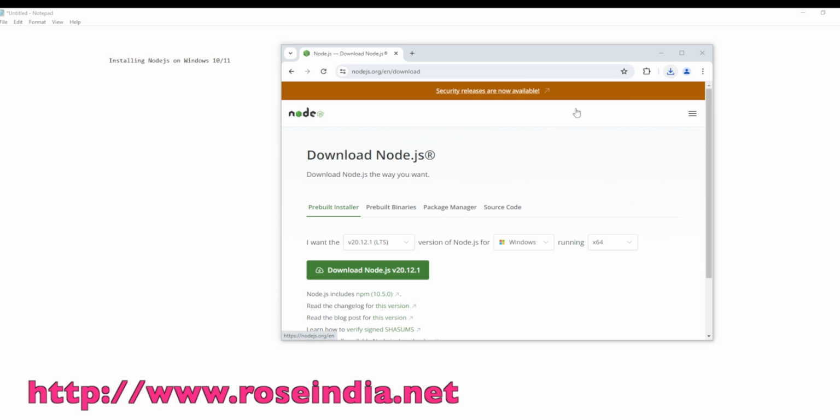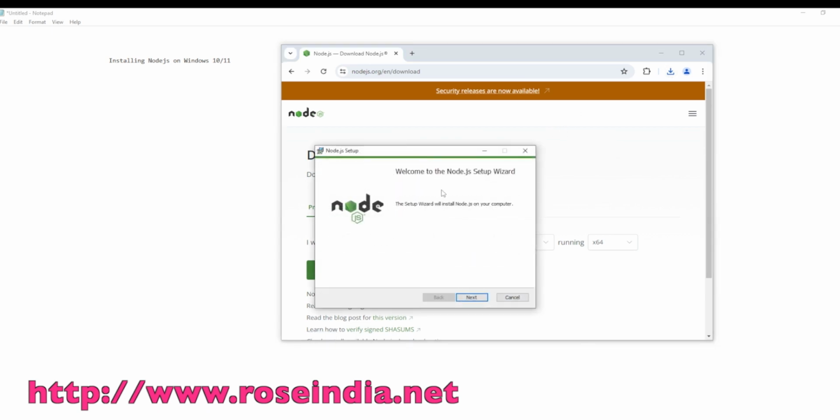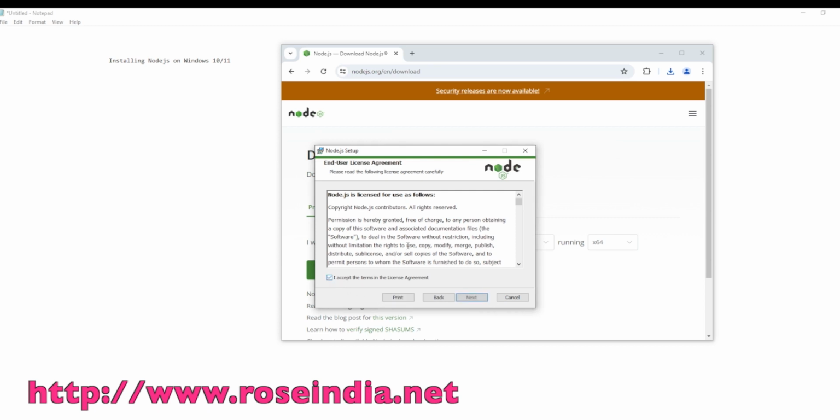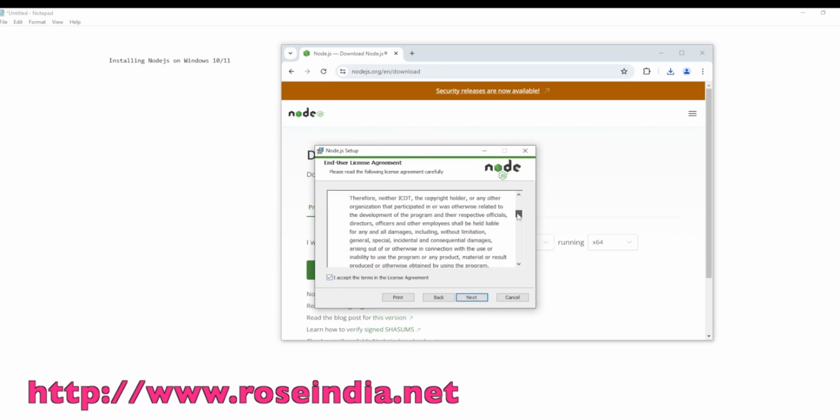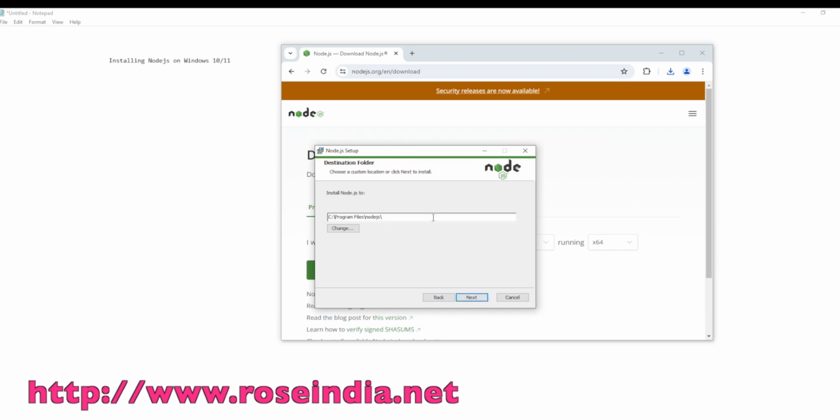I will click on the installer file, and now you can see it is preparing to install Node.js on Windows. Click next and accept the license agreement. Click next, and here you can change the installation path, but I will leave this